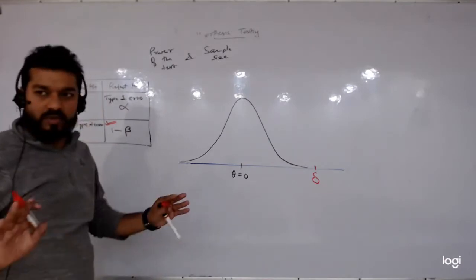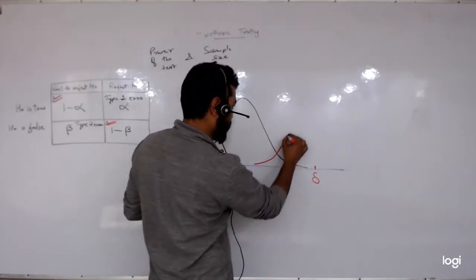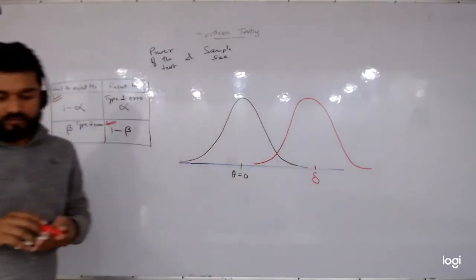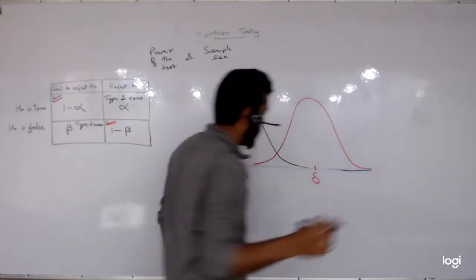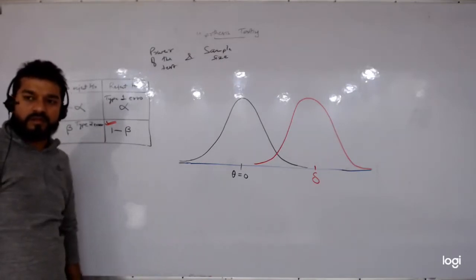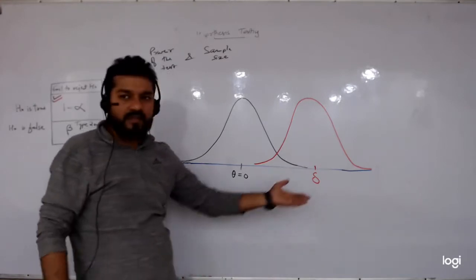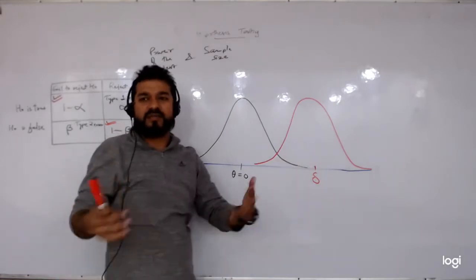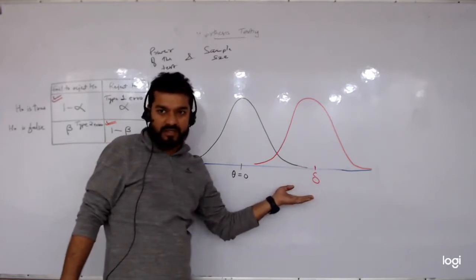Okay, there's no problem with the shape, so what we would have is, the true distribution would be this. The problem would be where the distribution is centered. Okay, if the actual value of the parameter is theta and the distribution is this, and we collect a sample, there is a much higher probability that the test statistic would have a value somewhere close to delta.